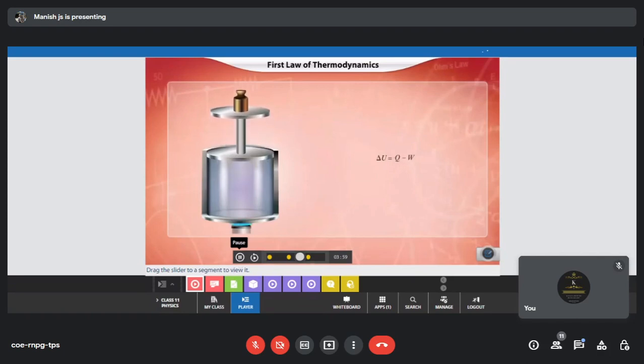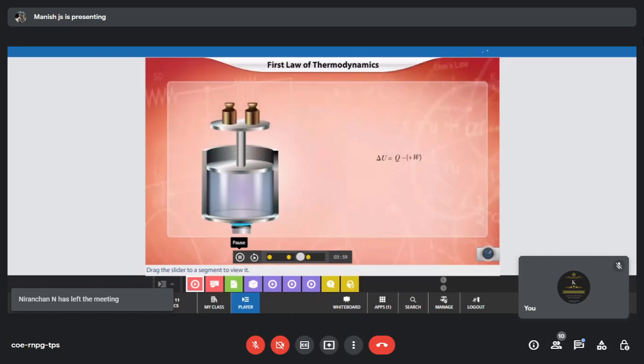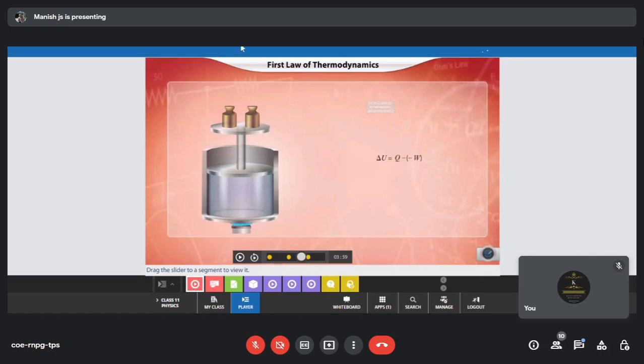When work is done by the system, W is positive. When work is done on the system by the surroundings, W is negative. Similarly, they also talk about work done, where it will be negative and where it will be positive, when work is done on the system and when work is done by the system. Okay? So accordingly you are going to apply the sign convention where it is positive and where it is negative. Just as we said for heat, the same thing would apply for work also. Okay, so these are important aspects that you should know.